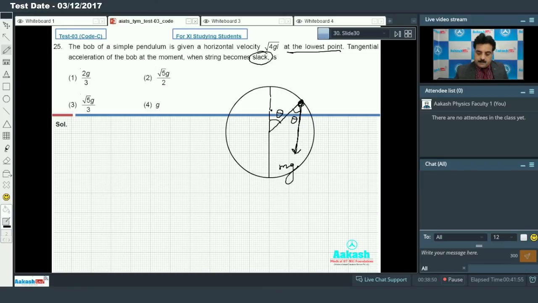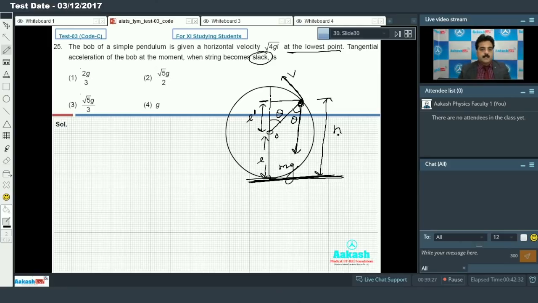And this angle will be theta, and this is the tangential velocity v, right? As you know, this is the length L, and if I consider from center O, this height is only L dash. If I consider this my reference line, from this line I can also consider the height. Now if I consider this is h, I would repeat, I am going to solve this question for a consideration, and I am going to consider a string becomes slack